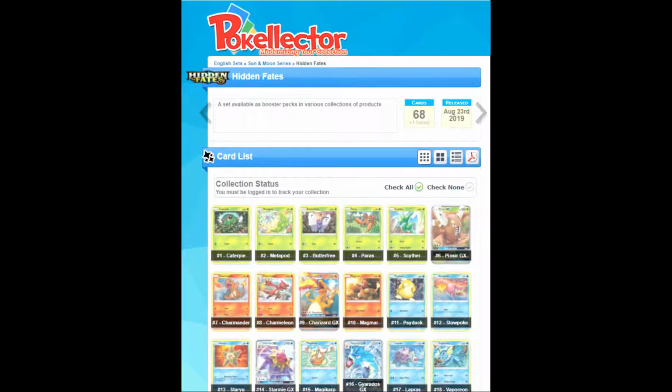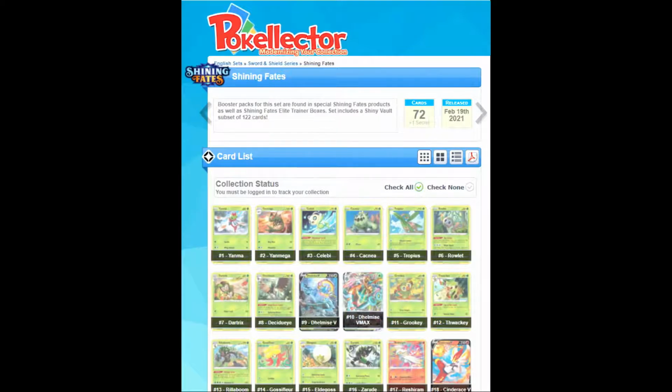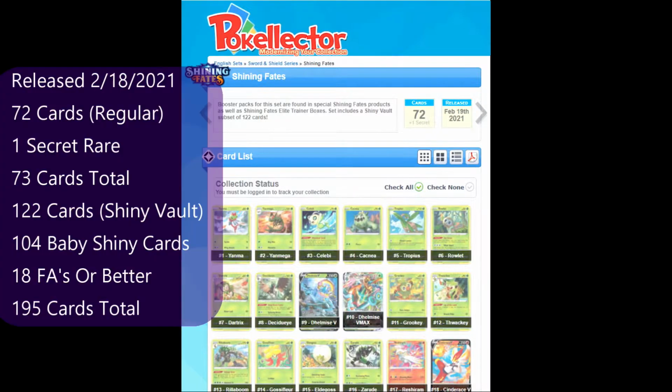Then, a couple of months later, we got wind of Shining Fates, a February set that would be released during Pokemon's 25th anniversary. The set officially released on February 19th, 2021, and much like its predecessor Hidden Fates, it had a regular set as well as a Shiny Vault set. There were 73 cards in total, inclusive of one secret rare, and then a Shiny Vault set that had